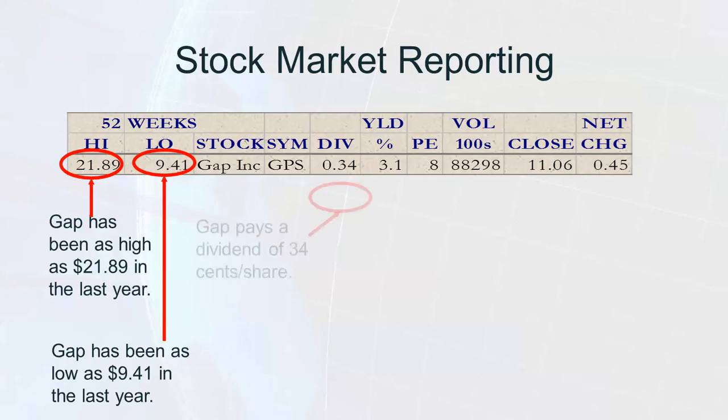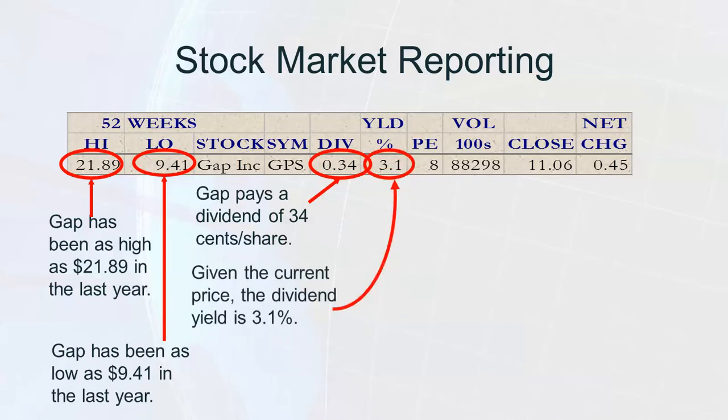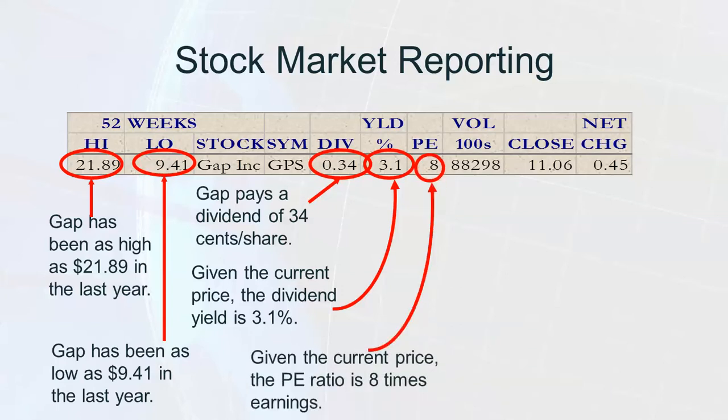And next one here is dividend. The company pays a dividend of 34 cents per share, and the dividend yield is given the current price. The dividend yield is 3.1% for this company, and the PE ratio is given the current price. The PE ratio is 8 times earnings. So basically, this tells us investors are willing to pay 8 times earnings. So if a company earns a dollar, then investors are willing to pay 8 times of that